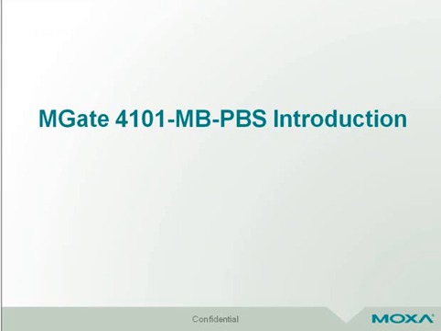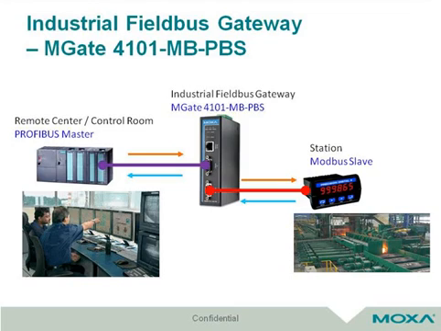Let's start today's course. The MGate 4101-MB PBS is an industrial Fieldbus gateway for a network with a Profibus master at the control room and a Modbus device at the remote site. The Profibus master, through MGate 4101, can read or write data from or to the Modbus device. To help users configure MGate 4101, we have a QuickLink function for configuring the Modbus side of MGate 4101